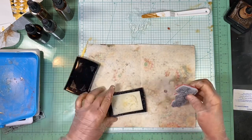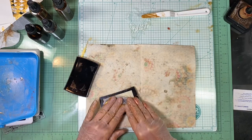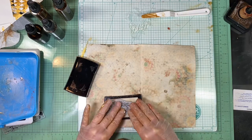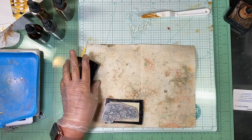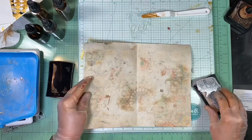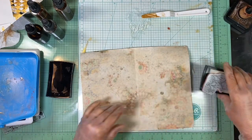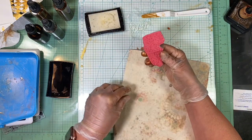Okay, so because what you're doing now, this is very intricate, so I'm hoping that it turns out. I don't know if it will or not. I have no clue, which is, you know, living dangerously. But I haven't really decorated this page. You know, this is just a plain page. That's why you kind of want to do it now. If you mess it up, you can always print off another page, right? So if you wait till later, first of all, you can mess up your page, but